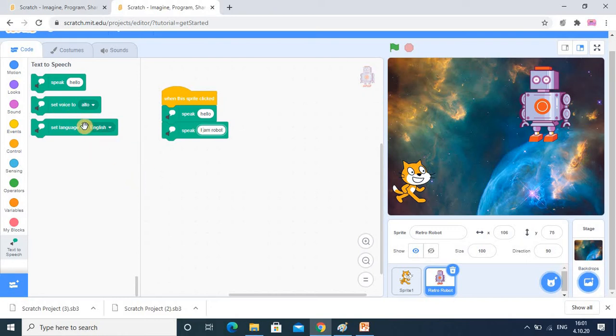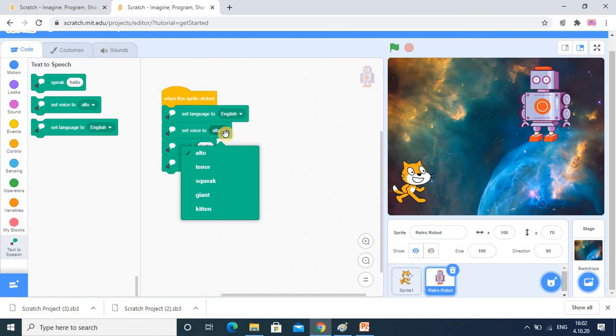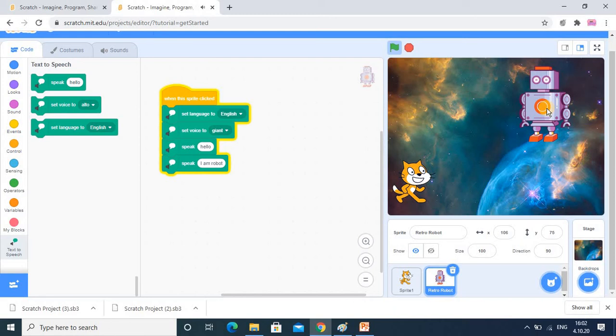And it will speak in English. So as usual I am writing here, and this section is also important: for the robot I will use a different voice, and I'm just checking the voice. Hello, I am robot. So it is suitable for a robot.